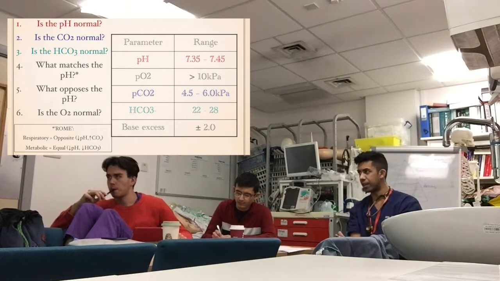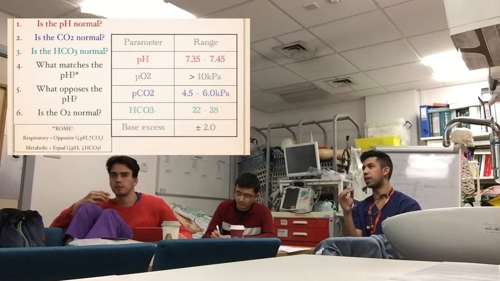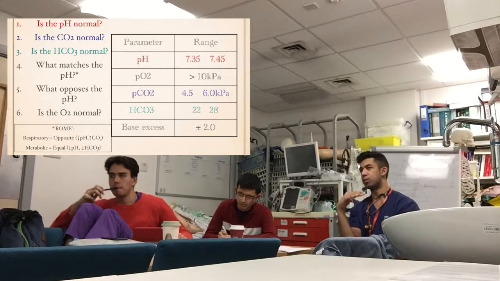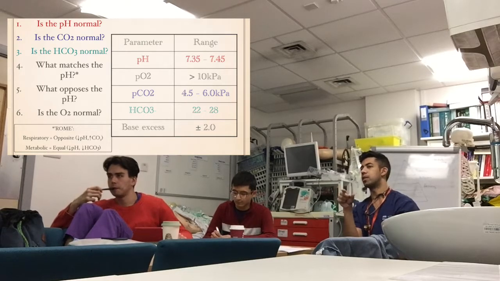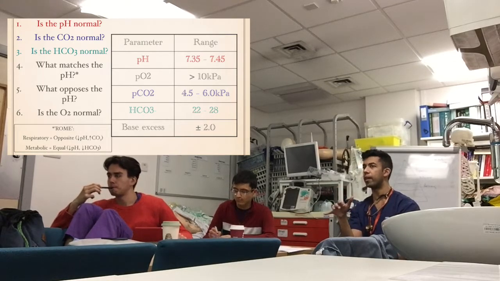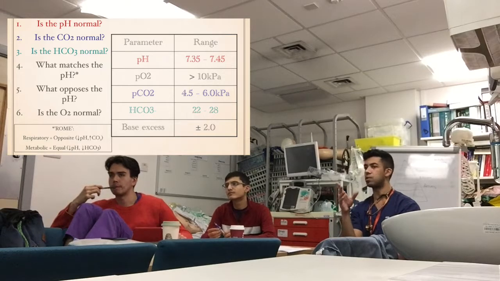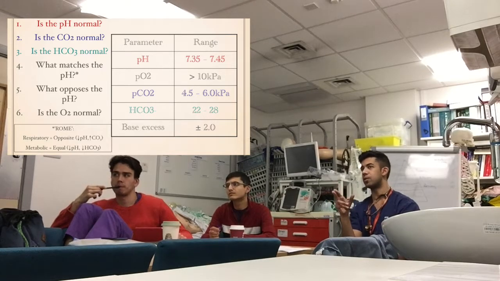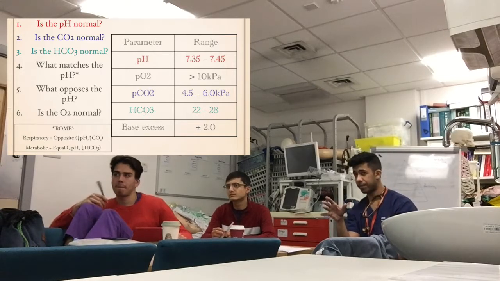Does that make sense? That's one way people like to look at it, but personally I think breaking it down to whether it's respiratory or metabolic and what matches with the pH is easier, but some people like to use that as a shortcut, which is why I popped it in there. If you find that confusing, I suggest you disregard it and just pay attention to steps 2 and 3 and direct to number 1. Does that make sense?